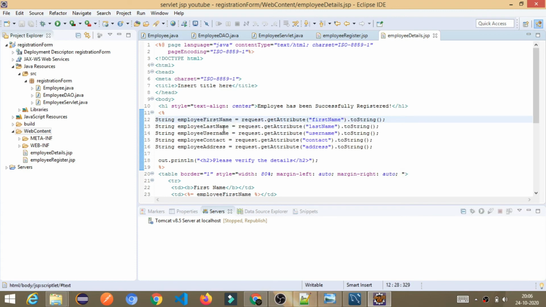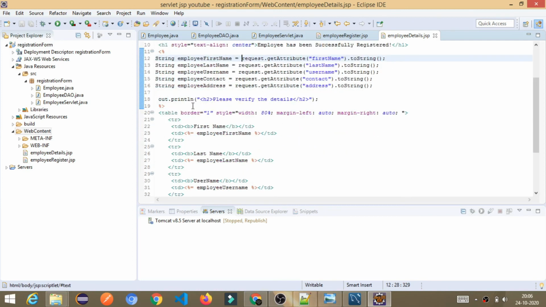Similarly for the other variables: last name, username and everything. Then I call out.println, which is used to display things in the HTML page or the client browser.